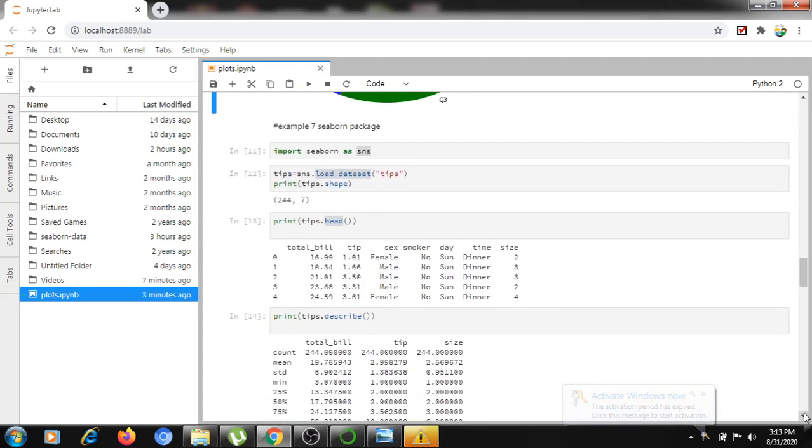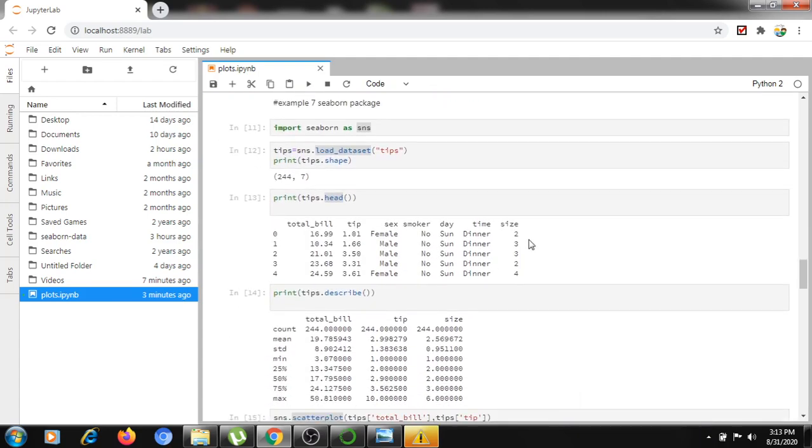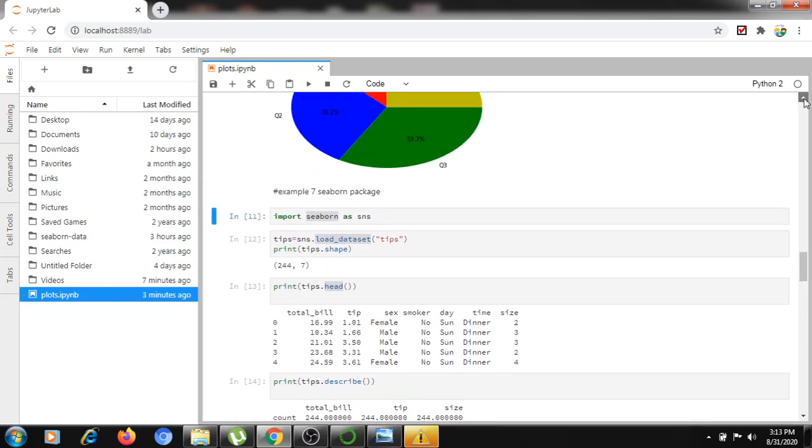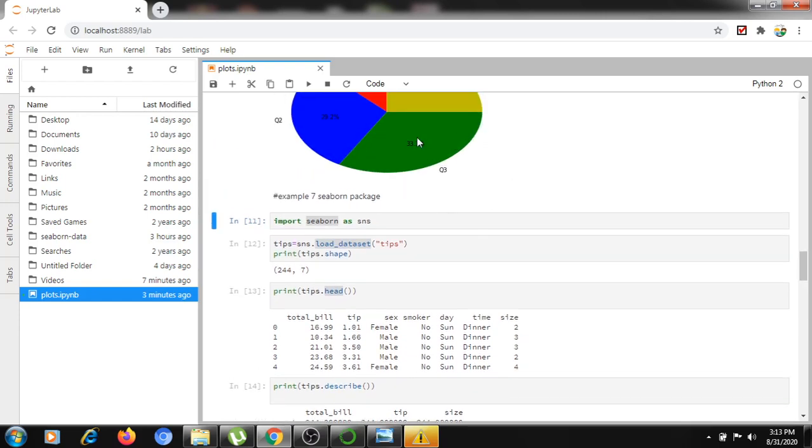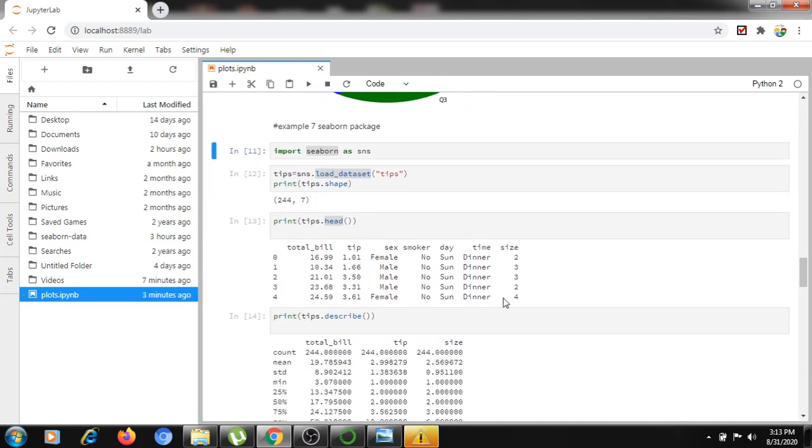Okay, the next is the seaborn package. It is one of the libraries we need to import to use existing data sets. Until now I have taken my own random data, defining my random data for the charts. Here, if I want to use and display already existing data, we can use the seaborn package. It's already included in Python.